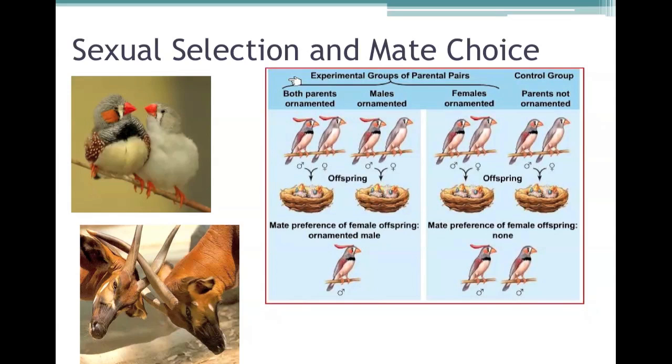Now, the males that are more aggressive have a better chance of winning. And so because of that, males that are more aggressive have a better chance of mating and having offspring and passing on those aggressivity genes. And so through the competition between males, you have the evolution of behavior.